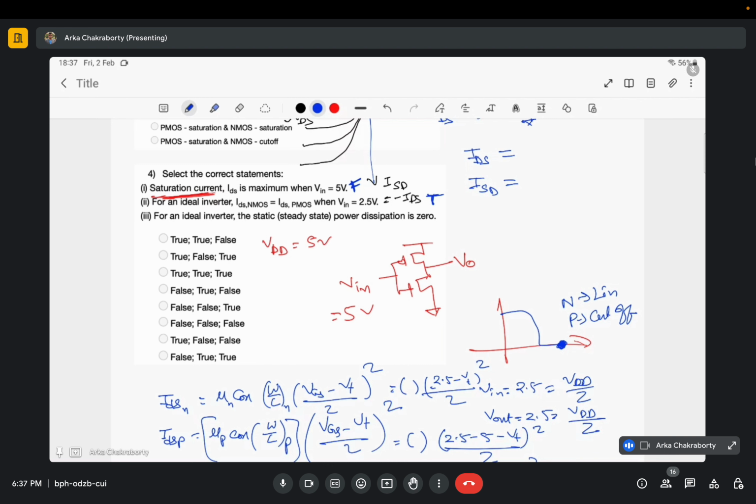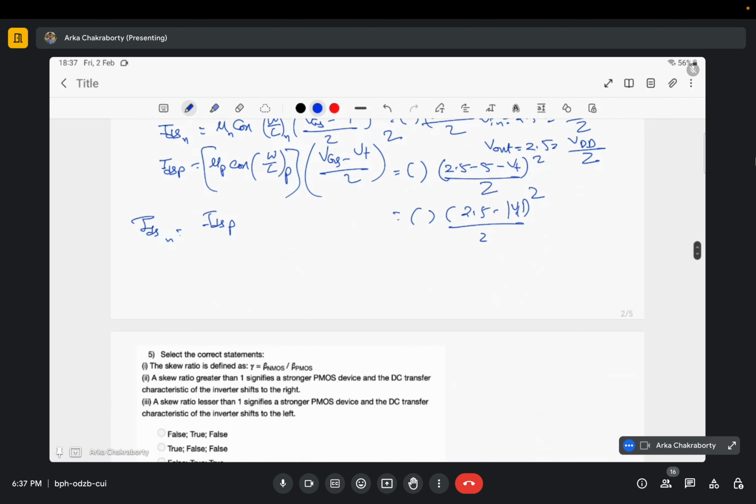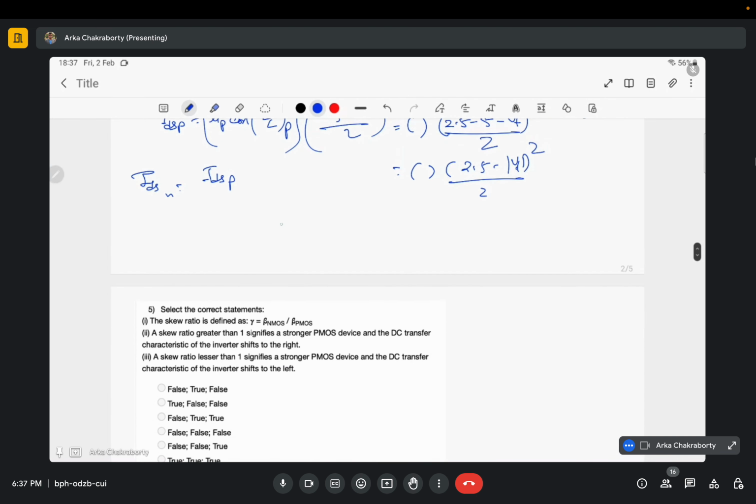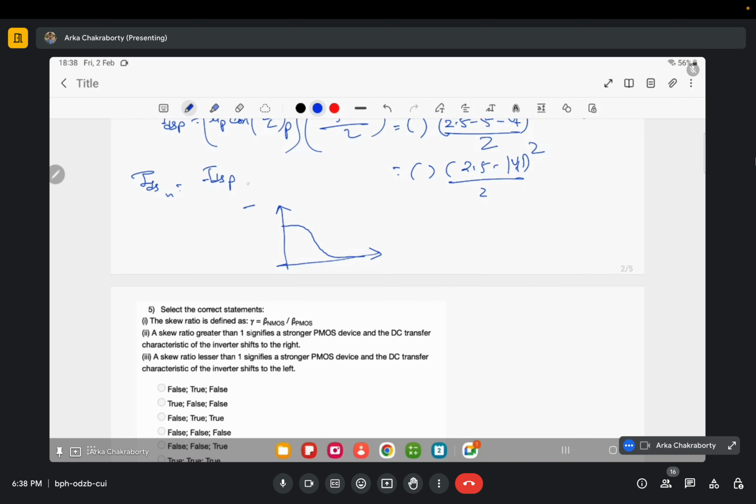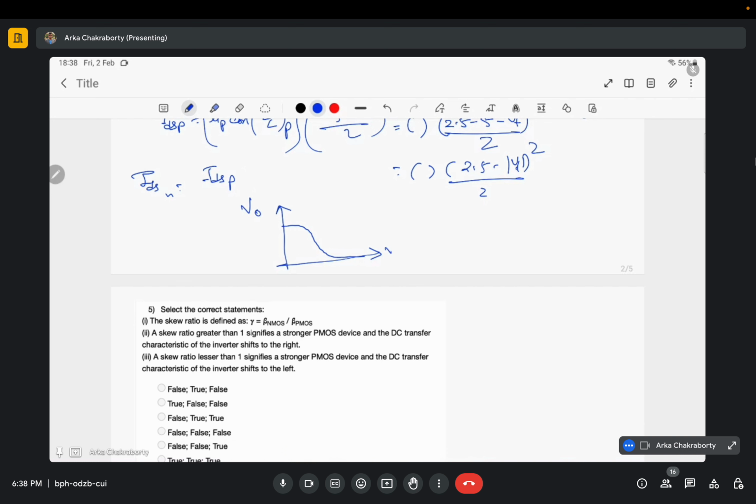Now here you can see, what is static power dissipation? The power that is dissipated when my inverter has made transition into one of the extreme cases. Okay, so let us see. If this is my inverter output, this is the V output and this is the V input, then